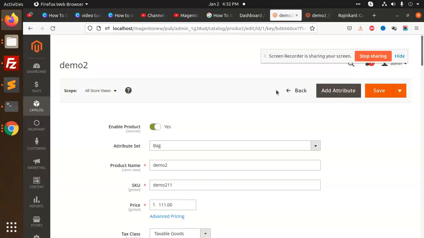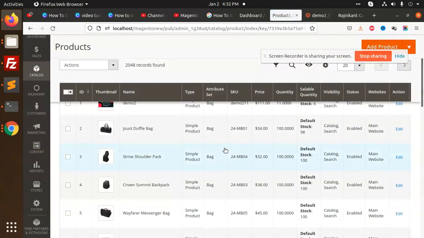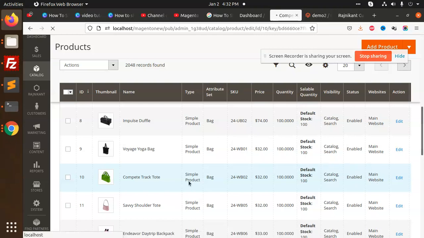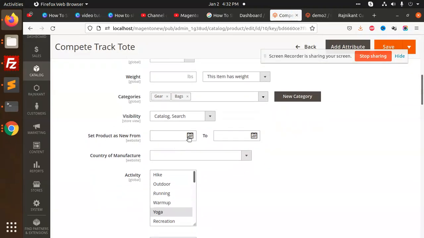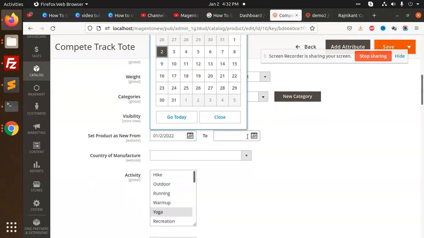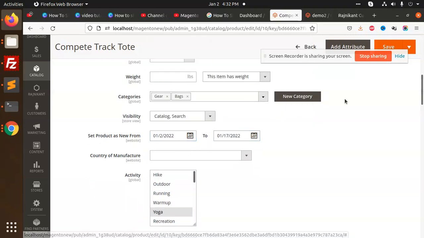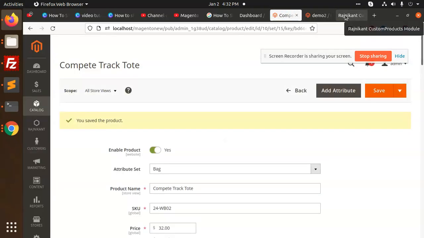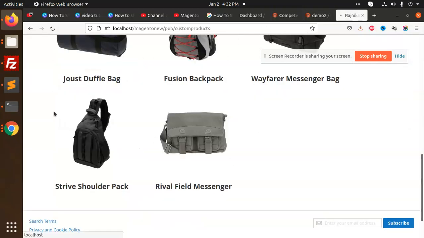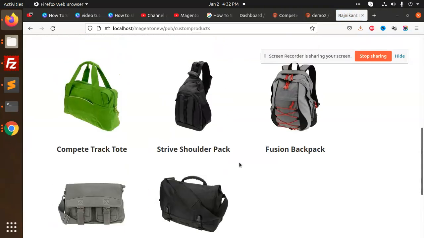I'm going to go back and do one more product. Set the product's new from date. You need to set this one to today, and save. Easy, right? We had five products, and now we are going to have six.